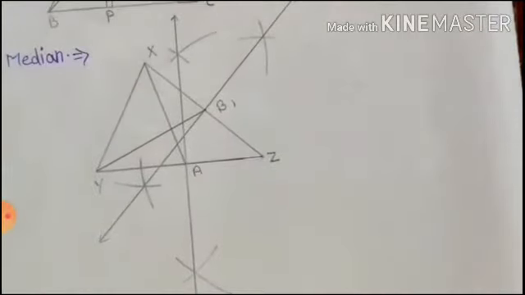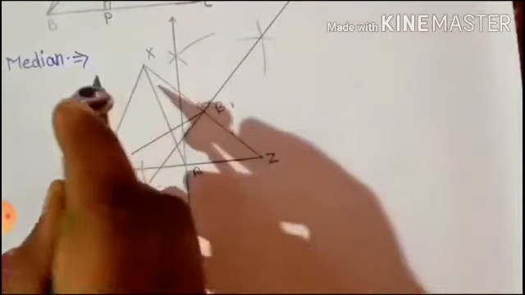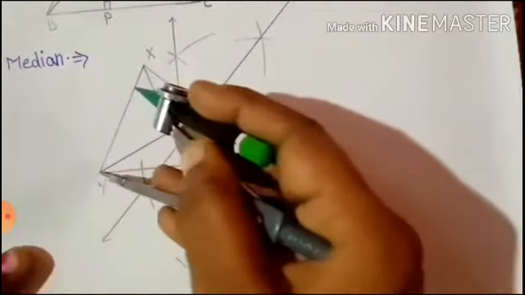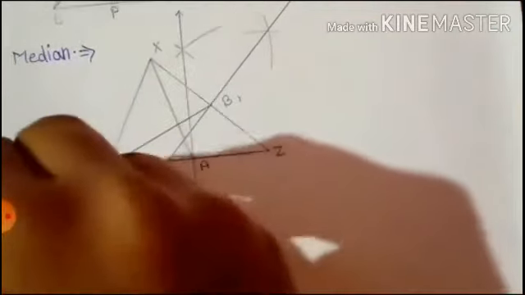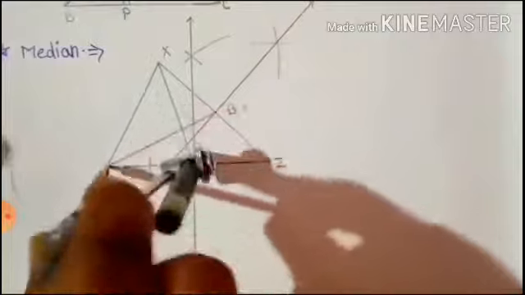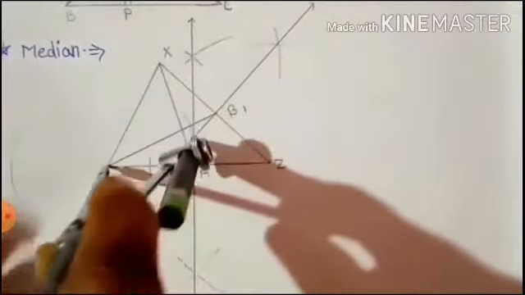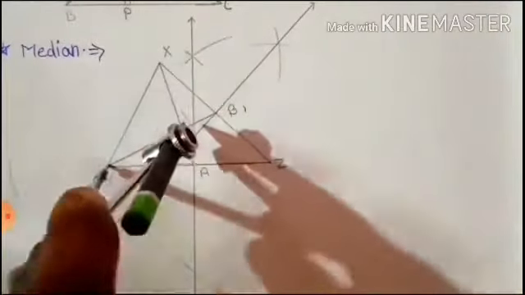Now only one median is left. We will take more than half of XY. One time put on X, Y, one arc on the upper side and one arc on the lower side. Wherever you get the arcs, you just extend the arcs and draw your bisector. Now another time put on Y, and again one arc and another arc.